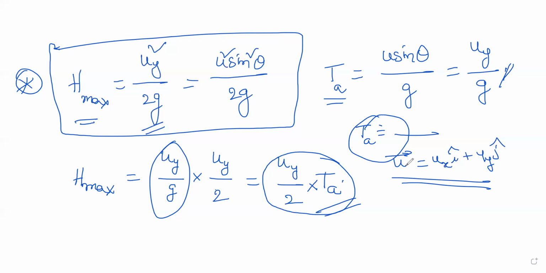Because if you are given u bar is nothing but ux i cap and uy j cap, then it's simply uy square by 2g, you got the h max, and uy by g, you got the time of ascent. So that's pretty simple right now. We have done the h max, maximum height. Now the second part is